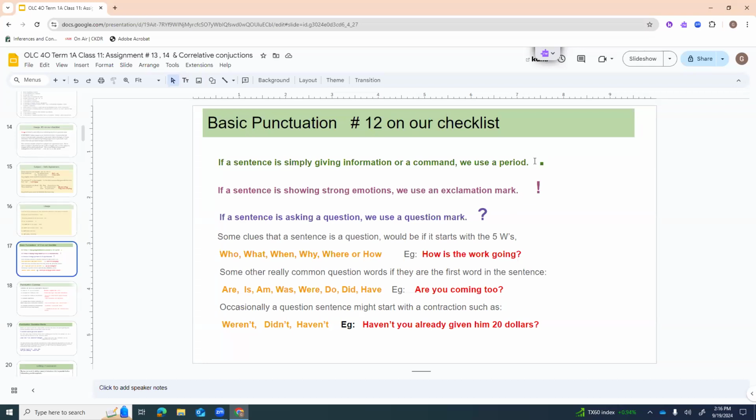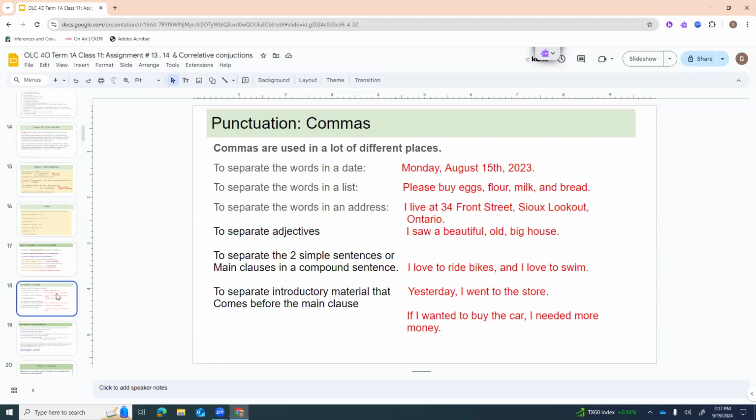The big thing with periods is people actually kind of aren't using them enough. They're using commas a lot of times when they should be using periods, which we're definitely going to talk about a little bit more later. So commas, I think, are one of the trickiest things to use because they have so many different places that we use them. First of all, we separate the words in a date with them, like Monday, comma, August 15th,